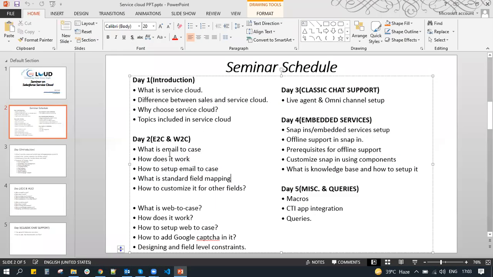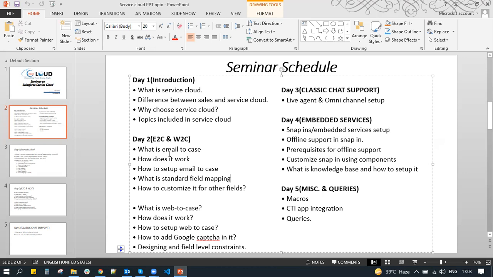Okay. So today we are going to concentrate on email to case first. So what are email to cases? For example, you are a customer, you have purchased a product from, for example, an e-commerce site, and you are facing some kind of issues with that. So what will you do? You will either go to the support, right? You can chat with them, you can call them, or you have one option to email them. You just pick up the email address support at 360degreecloud.com and email them.